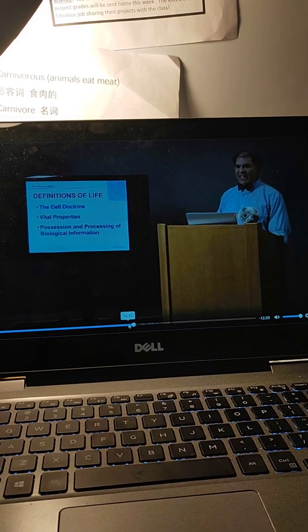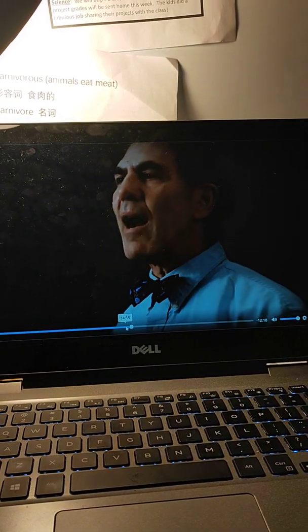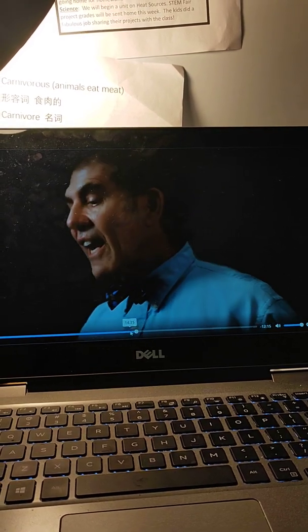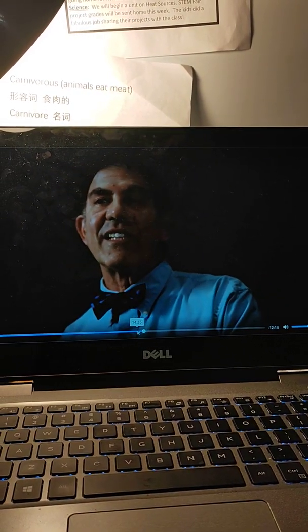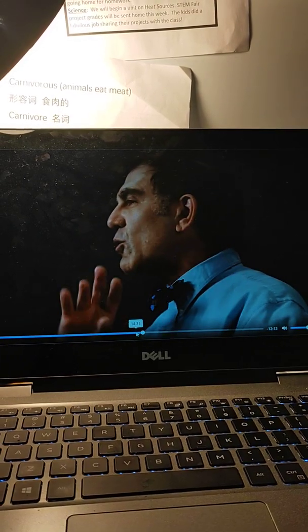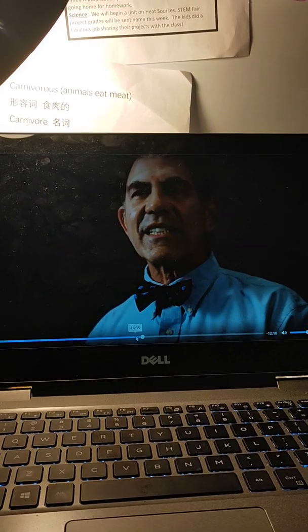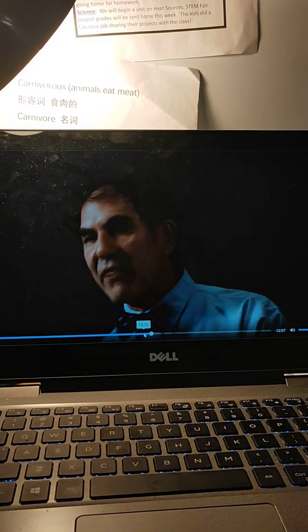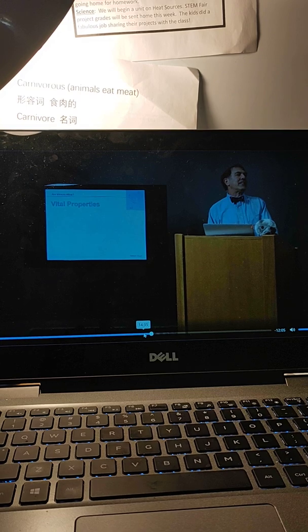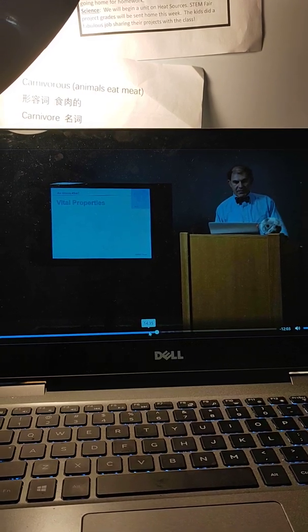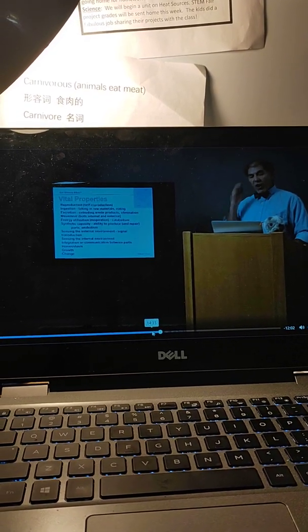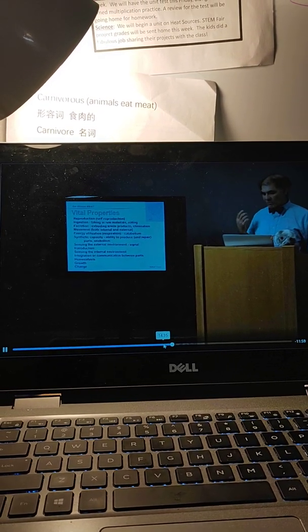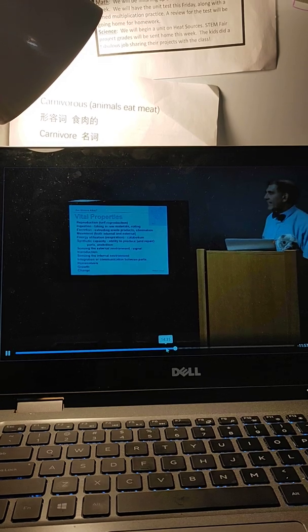The next definition has to do with vital properties. And this definition suggests that if we looked at viruses and we took all the things that are true about viruses, we could actually make a collective definition of what a virus is. So we can define a virus by what it does. Like all living things, viruses make more copies of themselves. So by that part, it's okay.